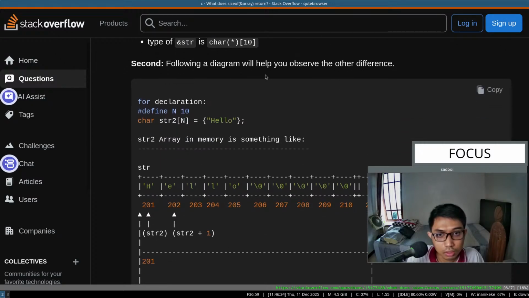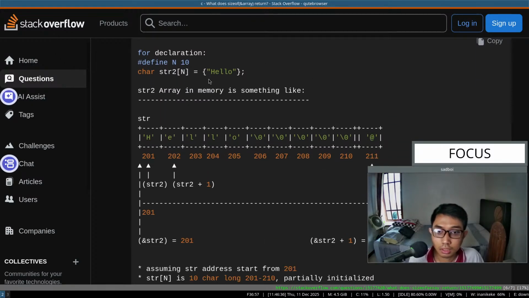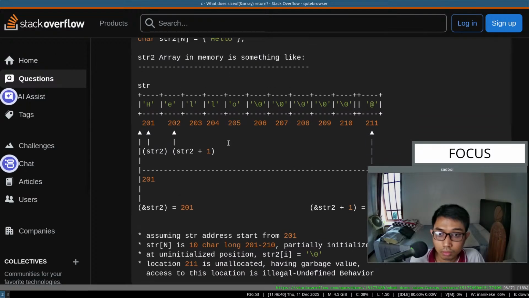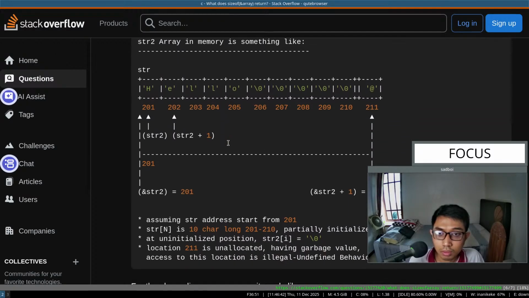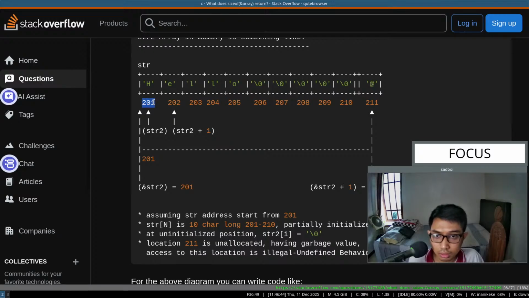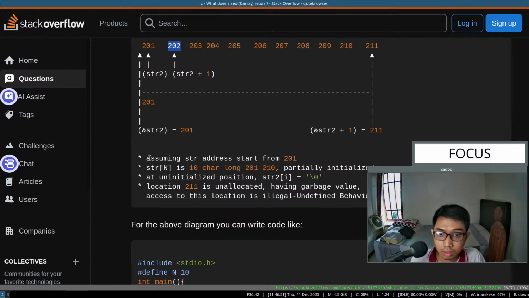The following diagram. Okay, let's check this one. Okay, str2 plus 1. Okay, assuming str address starts from 201,